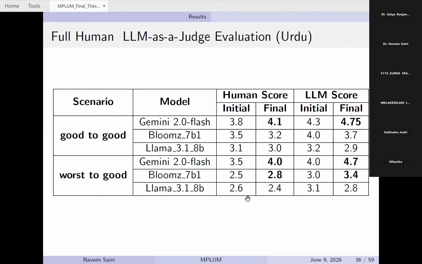And this is the score using the Urdu language. You can say human score was 4.1 in case of Gemini, 4.0 in case of Gemini. Yeah, greatly improved. Not in other cases. They may not be good on the Urdu language, but Gemini is performing much better than the other LLMs. Similarly, with the LLM score, it is 4.75,